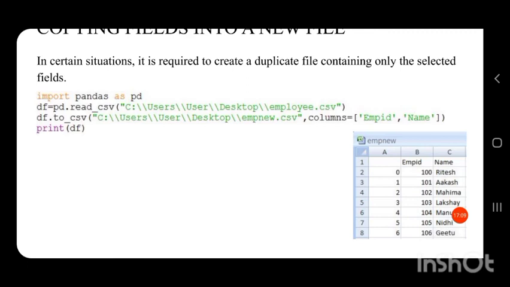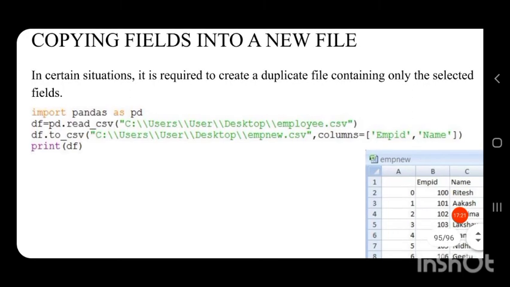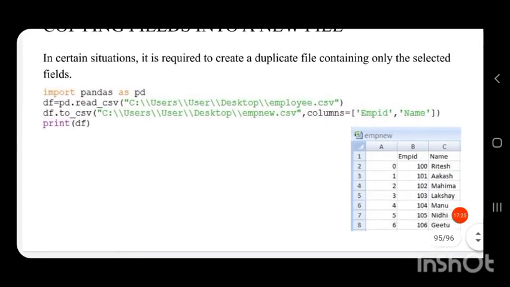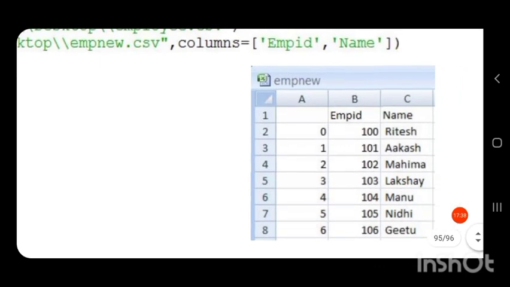The data frame will be printed with the contents of the original employee.csv file, because the data frame is created from the employee.csv file. So all the contents of that file will be displayed in the data frame, and from the data frame we are creating a new CSV file, that is emp new.